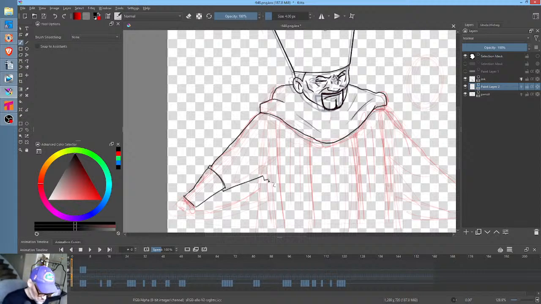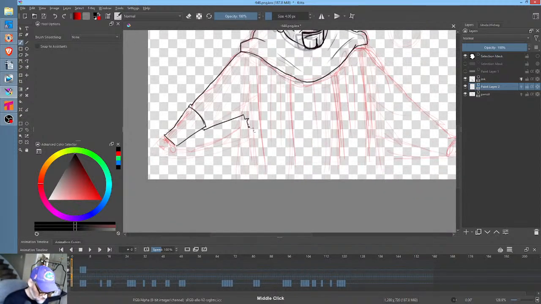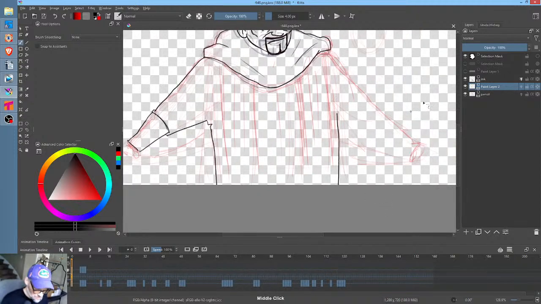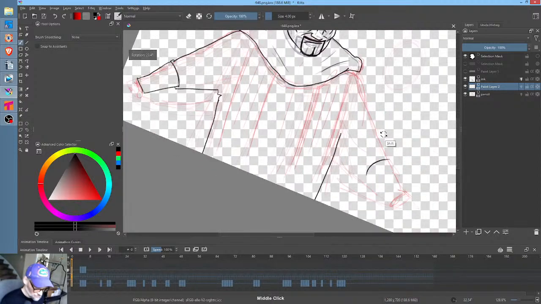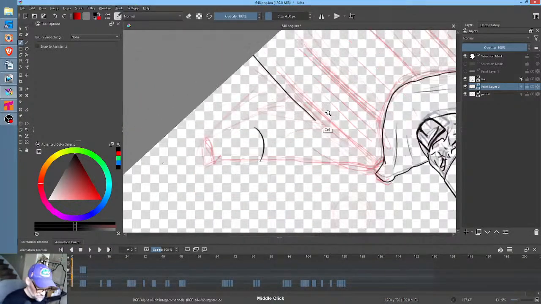Okay, so we'll just kind of go like that. And over here, we have a similar situation, so I'm going to rotate the canvas just to make it easier since I'm a